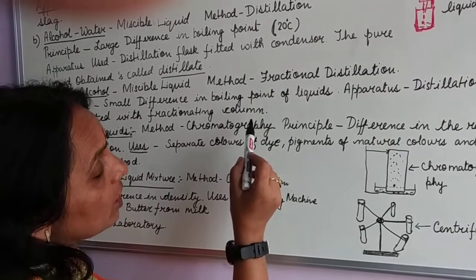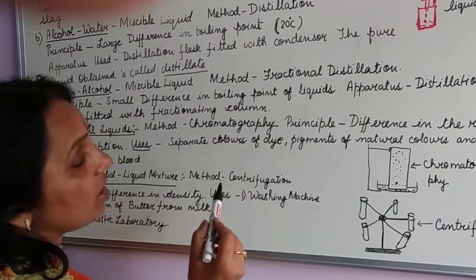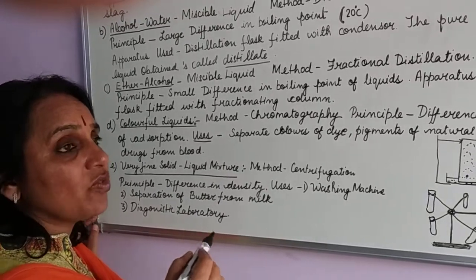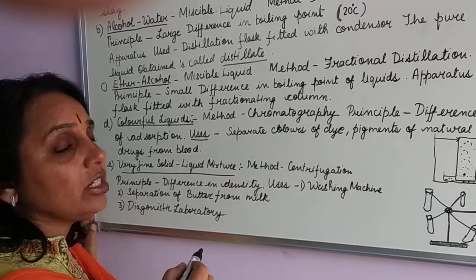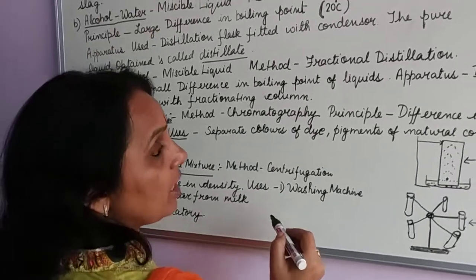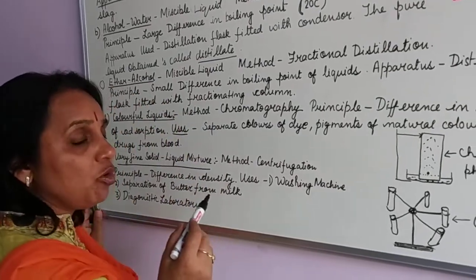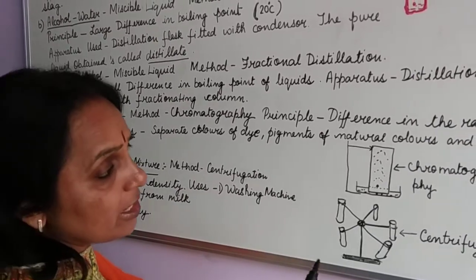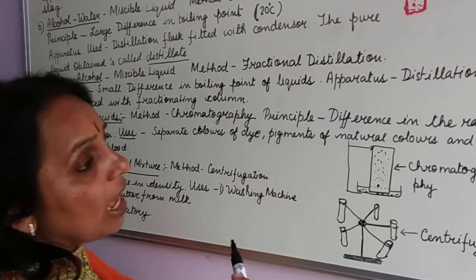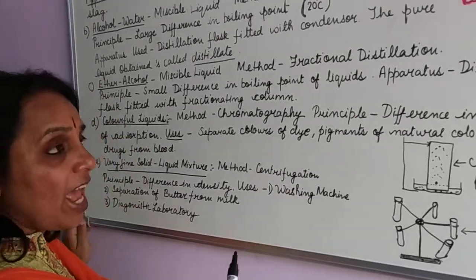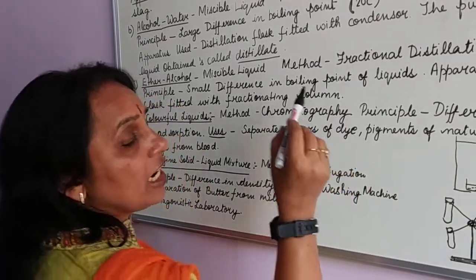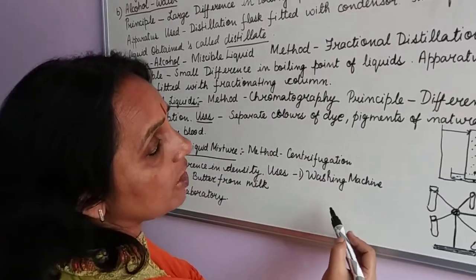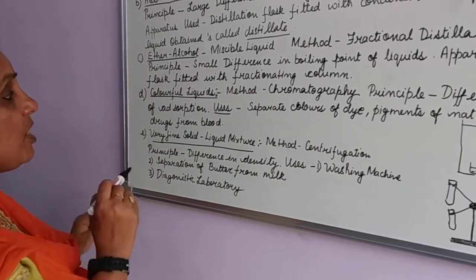Okay, now in this fractionating column, what happens during fractional distillation? Both the liquids are heated up and the more volatile component vaporizes faster as compared to the less volatile component. The vapors of the more volatile component rise high up and move on to the condenser, from where the vapor condenses to form a liquid and can be collected as a distillate in a separate beaker. Whereas the less volatile component cools down in the fractionating column and trickles back into the round bottom flask in the form of liquid, and this is how the two components can be separated.